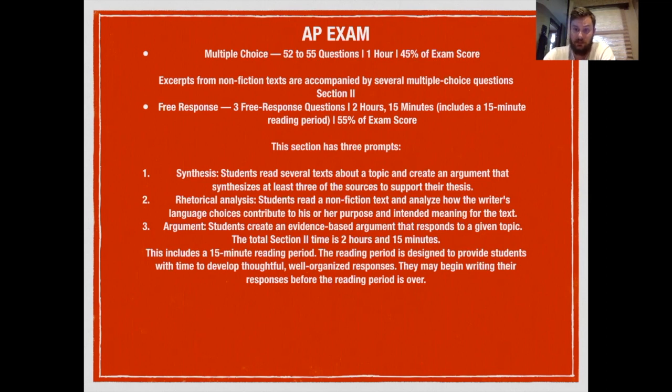There's a synthesis essay where the students are provided with articles and information, and they have to create an argument using that information that was given as evidence. There's a rhetorical analysis essay where the students have to analyze the author's purpose of an excerpt or a shorter work. And then there's an argumentative essay where the students are given a broader topic and asked to base an argument off